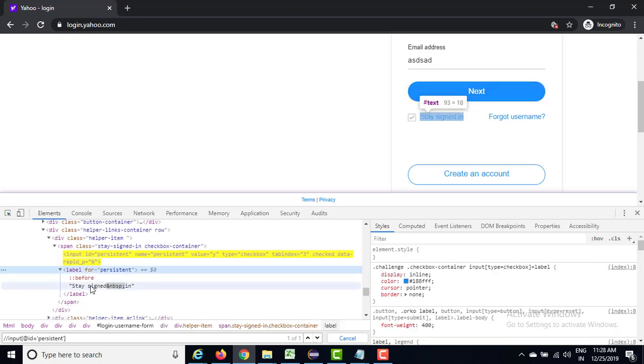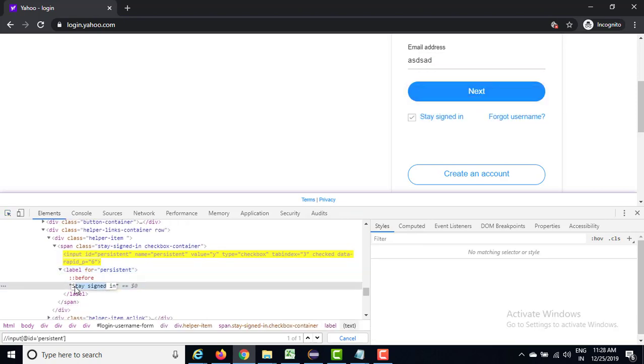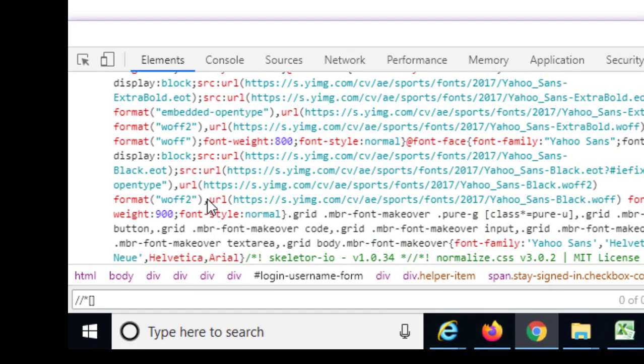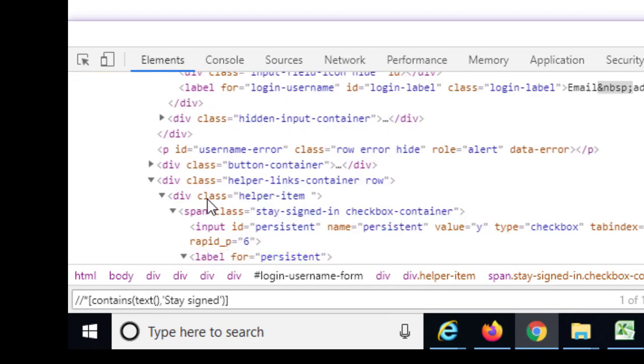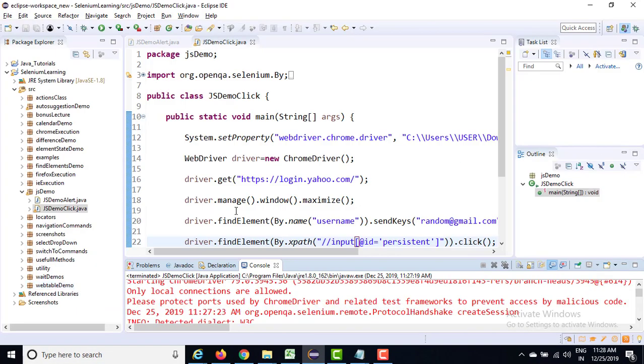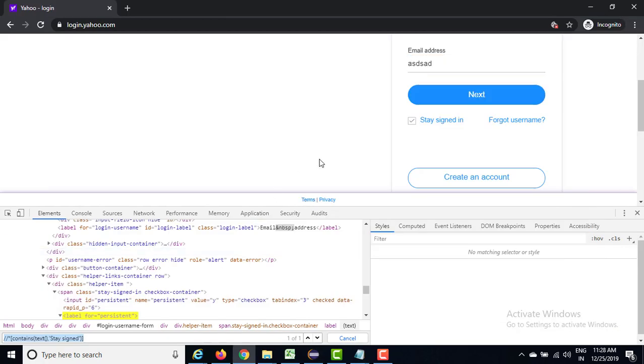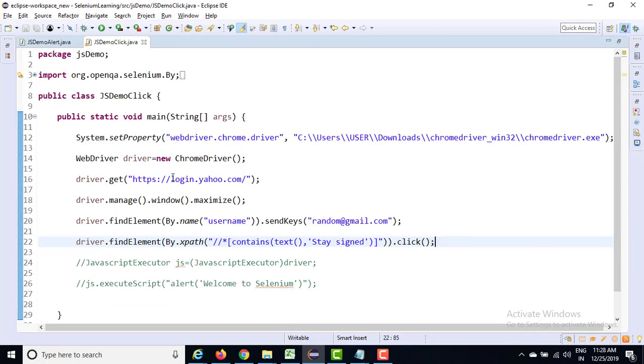I can see there's a text called stay signed in, so I will write an XPath that finds a tag which contains text equal to stay signed in. This time we got one unique XPath, and let me try it. If it is getting clicked, you will see that it will be unchecked. Let's run the test and observe the behavior.